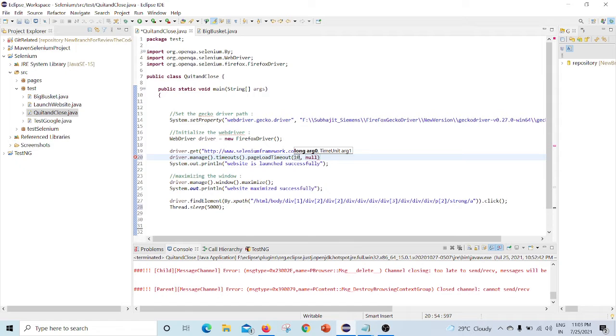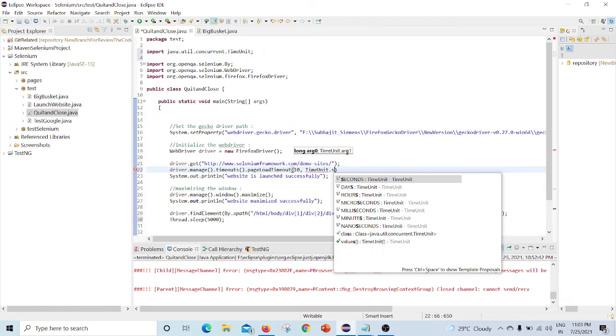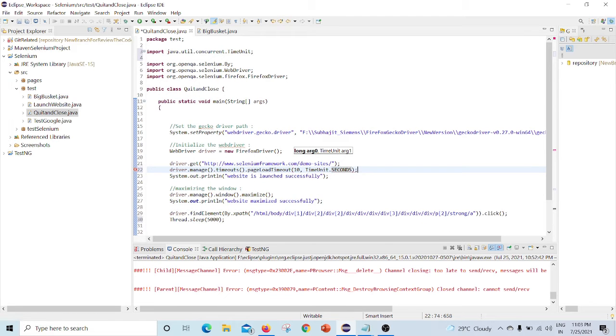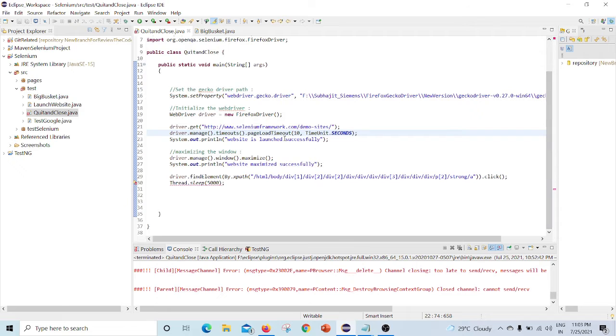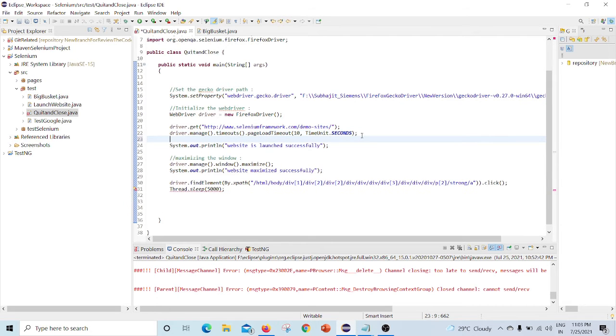I'm giving 10 and the unit as seconds. After launching I'm waiting for page load time because sometimes the website is very slow, which is why I'm giving a 10-second wait time here.